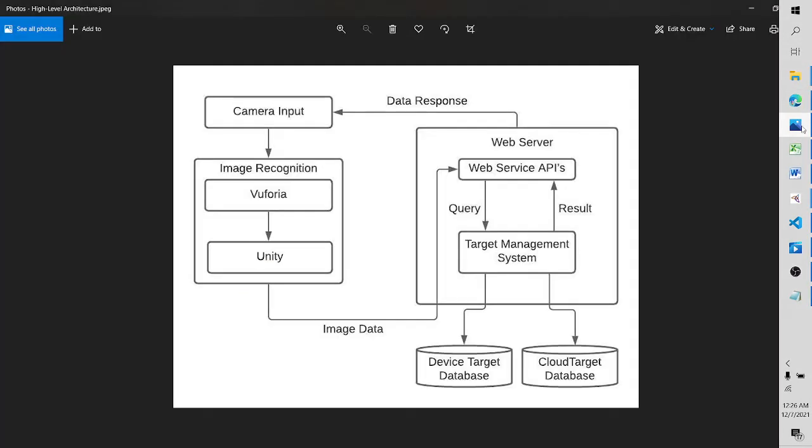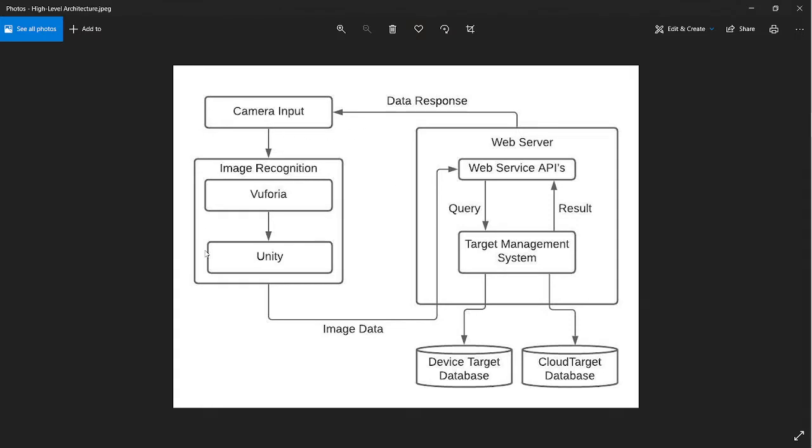Our high-level design for the project looks like this. We have a client-side application which takes the camera input and passes it to the image recognition module provided by Vuforia, which runs on Unity. It recognizes the image and passes the ID which identifies this artwork to the web server. The web server uses this art ID to query the linked open data from our ontology and DBpedia to fetch information about the art, the artist, and the architecture, and passes the information to the client.